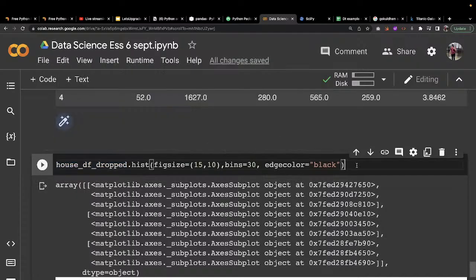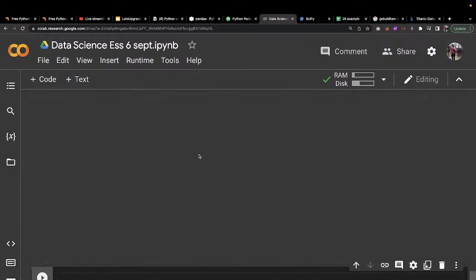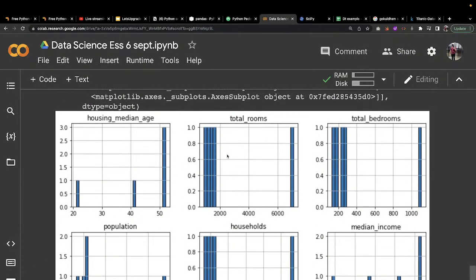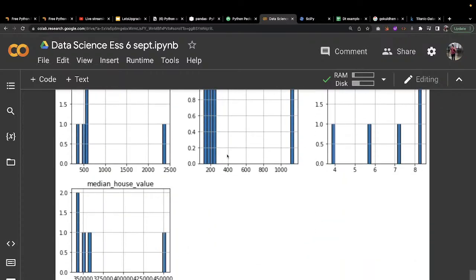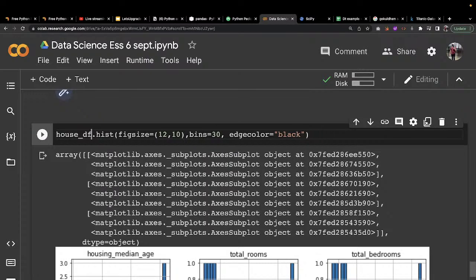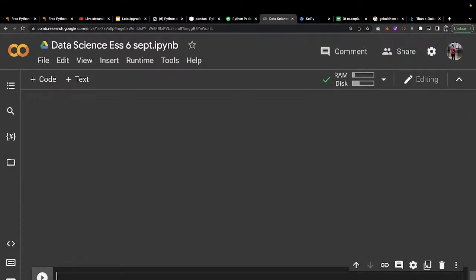Okay, so are you feeling a little bit that we are able to do something in this part? Please tell me in the chat if you guys are able to understand a little. These graphs are gone for a toss, that is for sure, I can tell you. These graphs are not looking perfect,